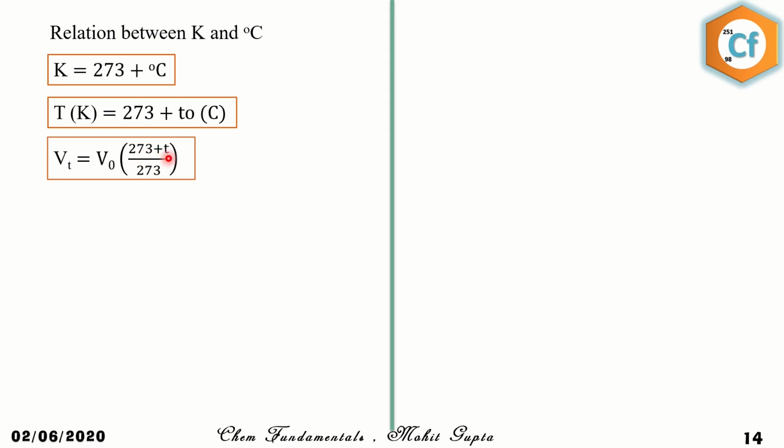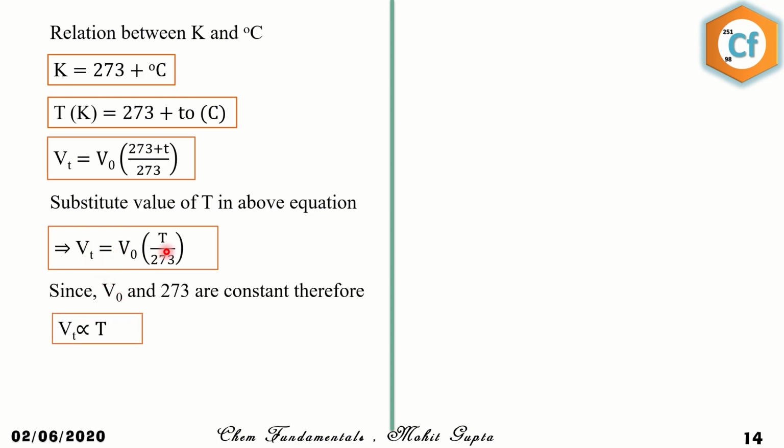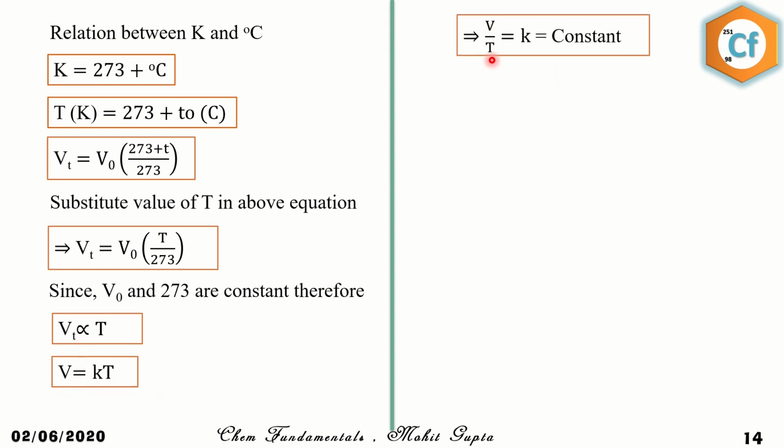Now 273 plus t can be written as capital T. On substitution, we will get Vt is equal to V naught T by 273. Now 273 is a constant and V naught is the volume at 0 degrees Celsius, which is also constant. This suggests that volume is directly proportional to the temperature. So we can write V is equal to KT, or V by T is equal to K,